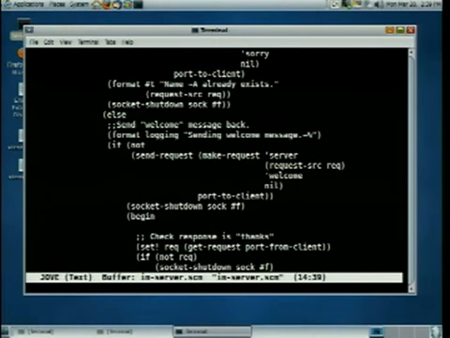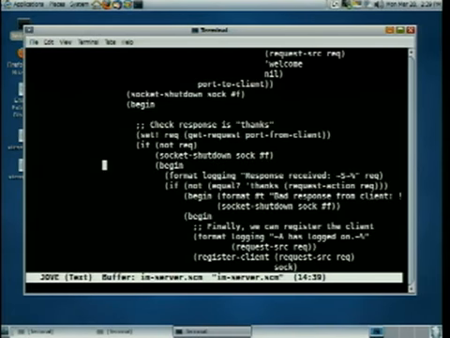So we get request, client fork. If we don't get one, shut down the socket. Otherwise, we make sure that this new message from the client has an action of thanks. So client sends hello, server sends welcome, client says thanks.